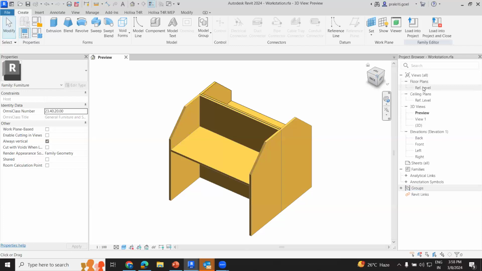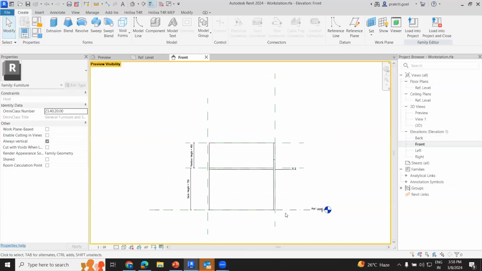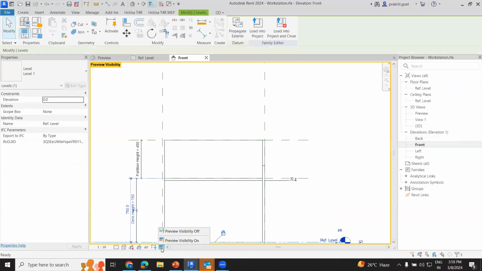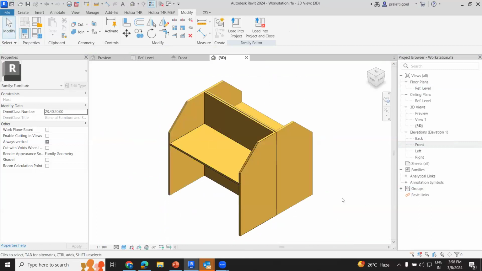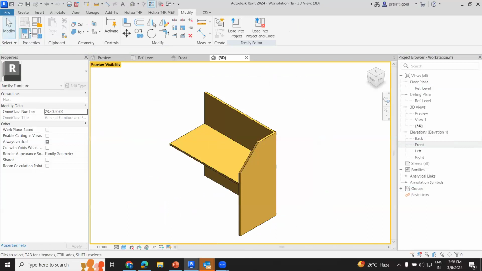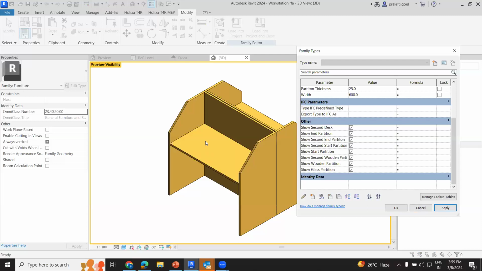So what we have done over here, we have created a visibility parameter. So what it will actually do, if I show you in 3D, you can see over here we have this visibility parameter. If I check them on, this is the whole parameter. So whenever you want a single workstation, we don't need the end partition, second start partitions, right? So I'm just checking off whatever I don't need,